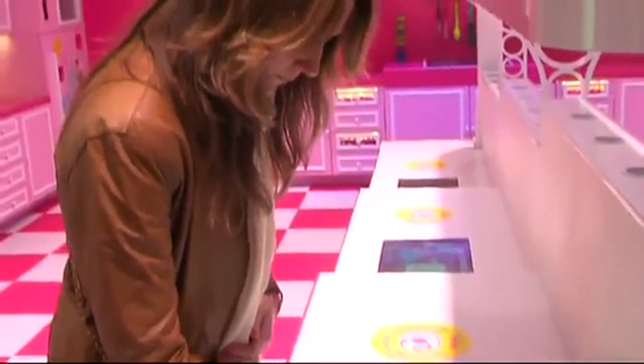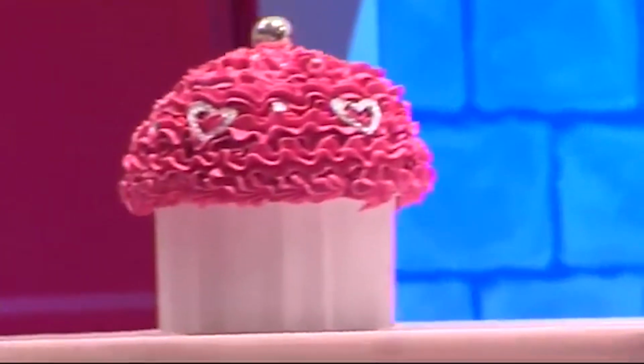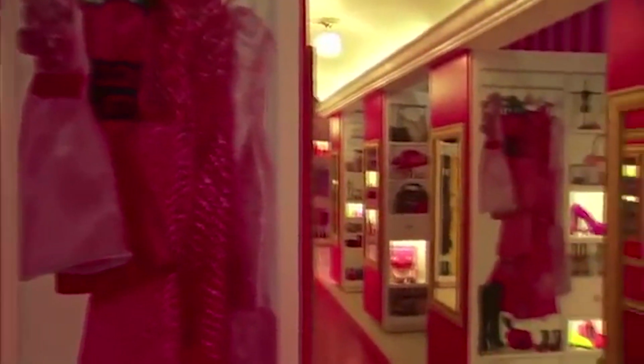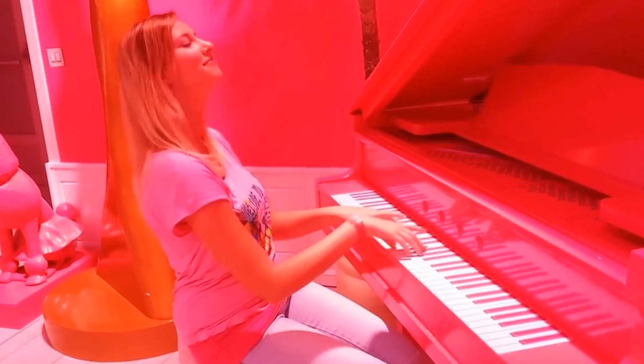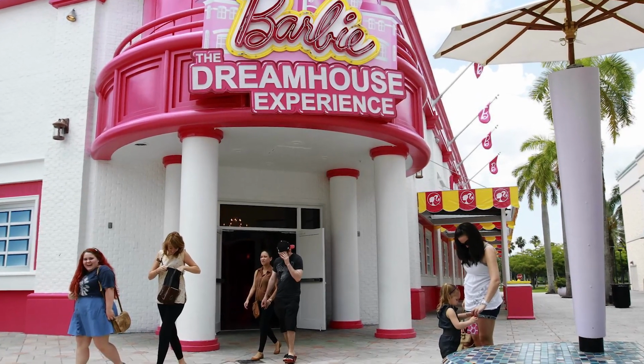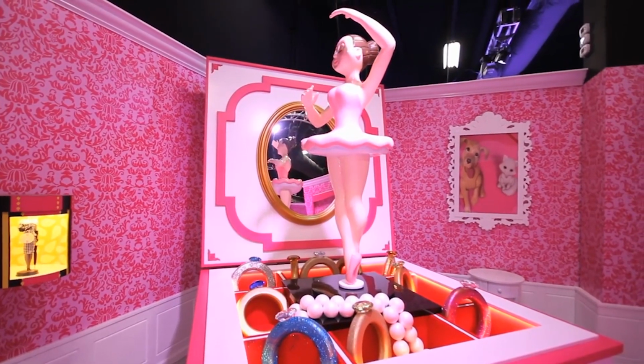Computer terminals across the house allow visitors to bake virtual cupcakes and other activities. There is even an indoor salon and wardrobes to try on fashionable clothes, and a giant pink piano is available to play. Besides this replica, in Sawgrass Mill in Sunrise, Florida, they have a smaller but just as impressive